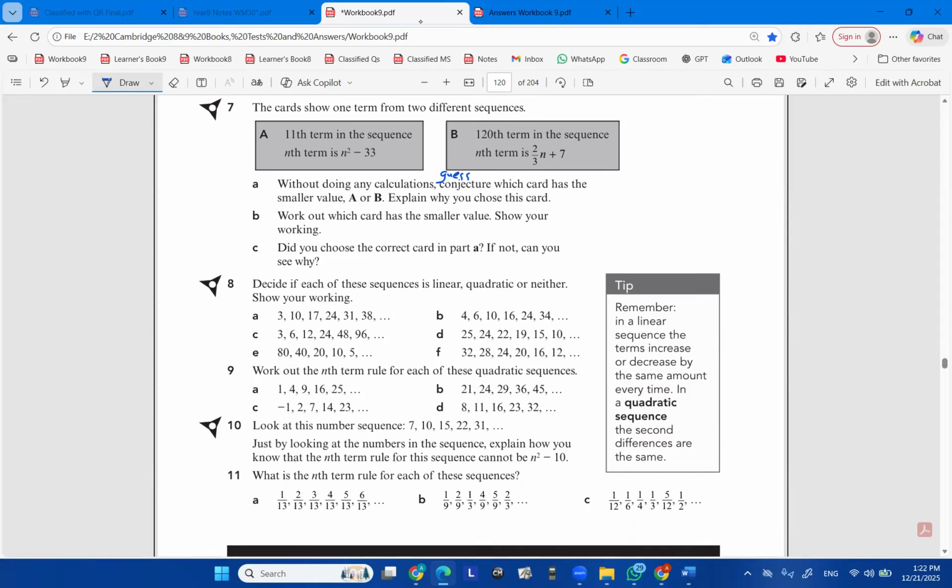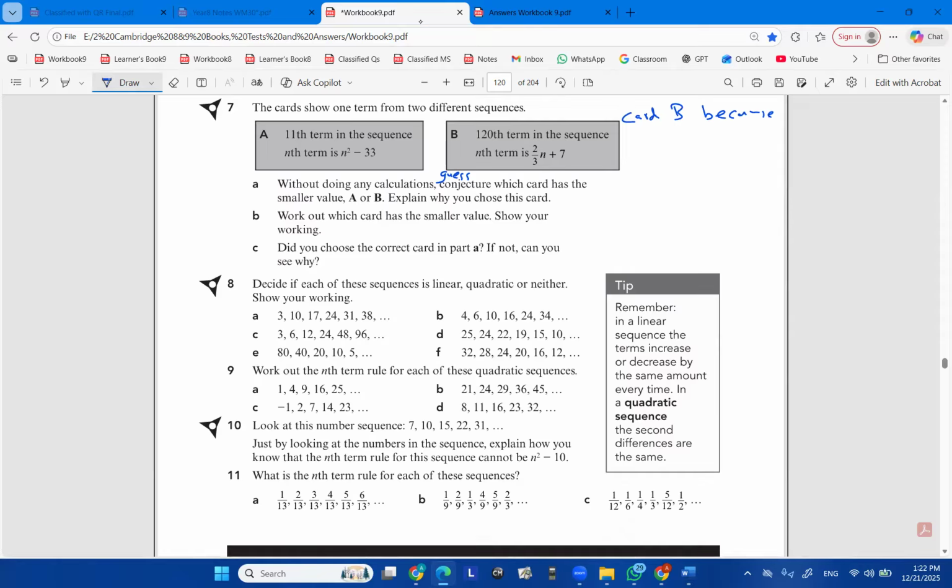Which card has the smaller value, A or B? Explain why you chose this card. Well, my conjecture and guess, and I know that this question is a little bit tricky, but my conjecture, or my guess, would be card B,